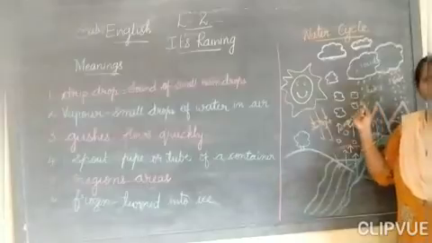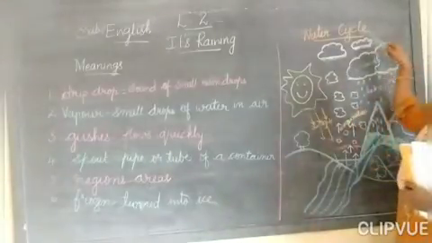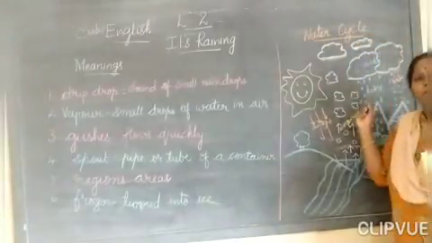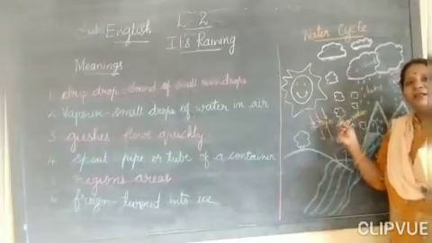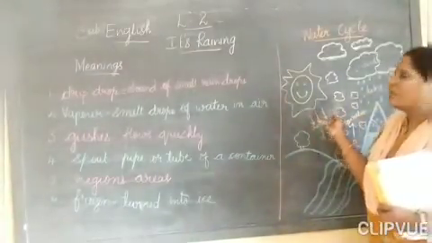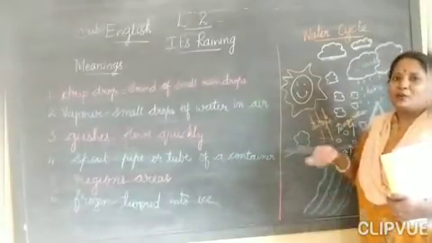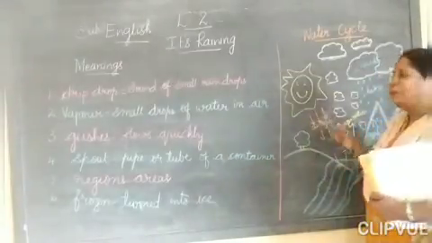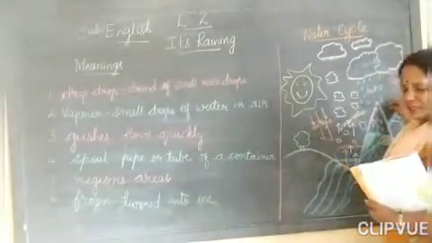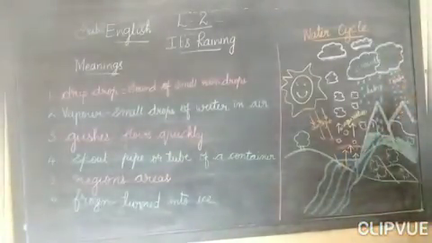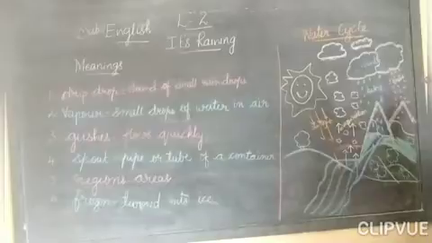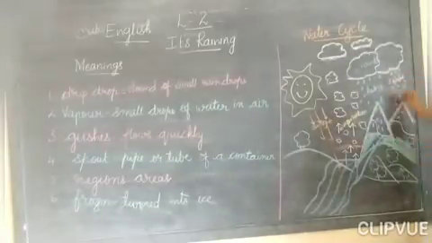As it gets higher, the weather is very cool. This water vapor turns into water drops and the cloud becomes very heavy in the air and cannot float any more. Then what happens? It gives rain. The water vapor turns into little drops of water and you can see them falling down to the earth as rain.